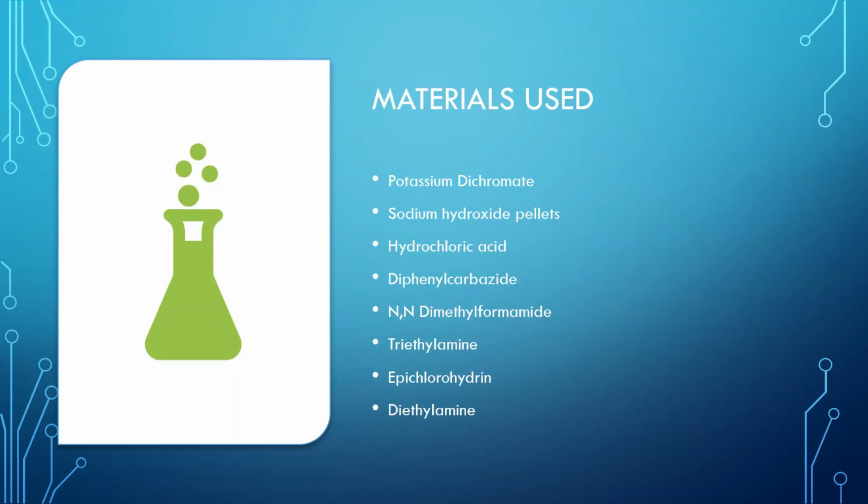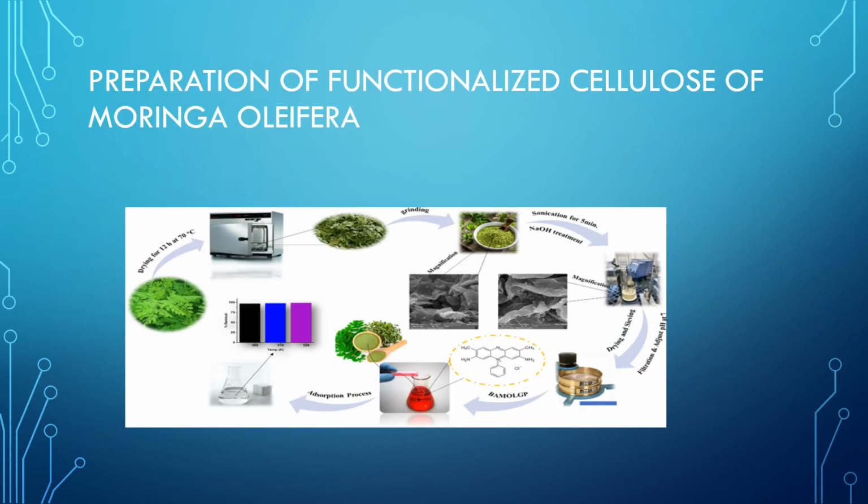So now let's look at the materials used for this method. Potassium dichromate, which is 97%, is used. Sodium hydroxide pellets, also 97% pure, are used. Hydrochloric acid, which is 37%, and diphenylcarbazide, dimethylformamide, triethylamine, epichlorohydrin, and diethylamine. The study shows that environmentally safe bioadsorbents can be used for cleaning of heavy metals in water, such as